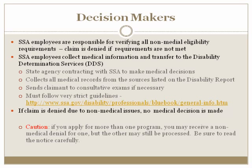DDS is a state agency contracting with Social Security to make all our medical determinations. They collect the medical records from the sources that have been listed on the disability report. They may also send the beneficiary or the claimant to a consultative exam if necessary to collect additional medical evidence. If you want to understand more about the strict guidelines that the DDS must use and the process they use, you can go to their website, which is